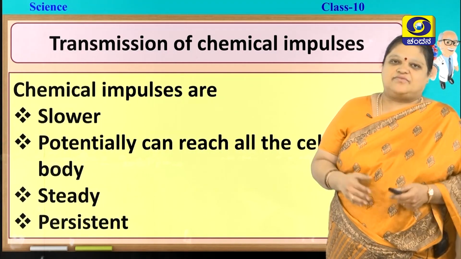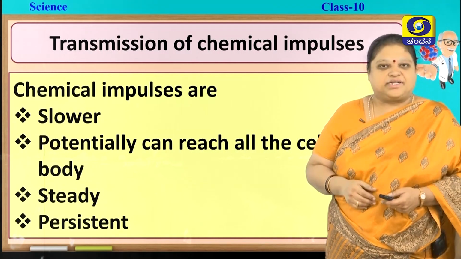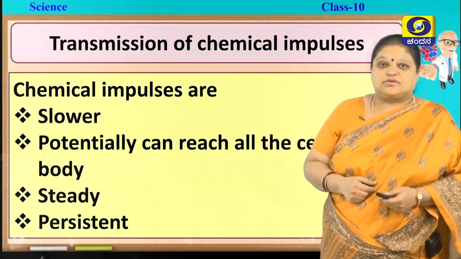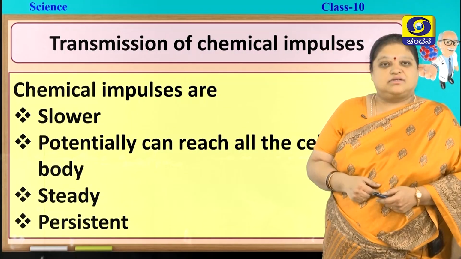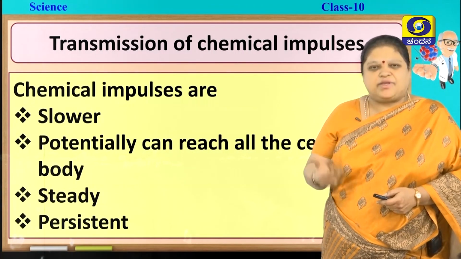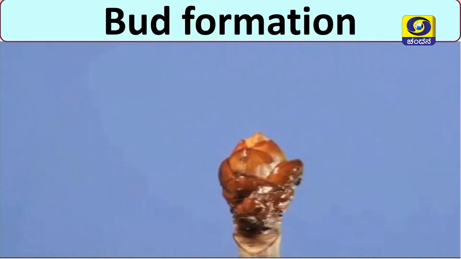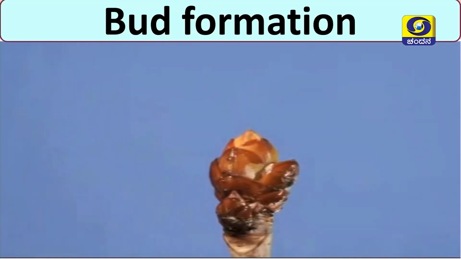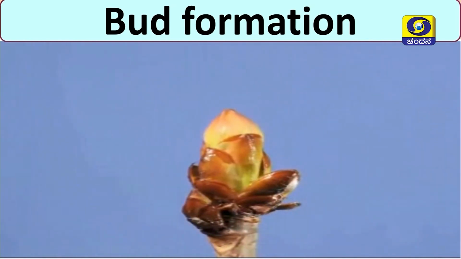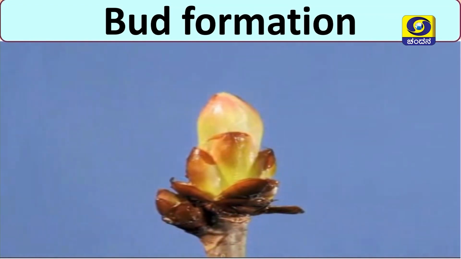Now, let us see, for the sake of growth, some special chemicals have to be triggered and they have to move to several parts for the purpose of growth. So, what are those changes that take place in the plants? The plants have so many other changes to take place. Let us see some of them. Now, here you can see a bud. It is blooming. So, for that some chemicals are required for the triggering of that purpose to take place. You can enjoy it.